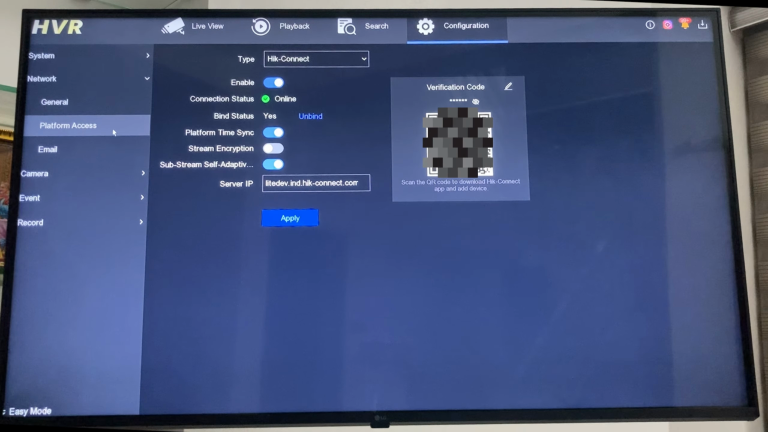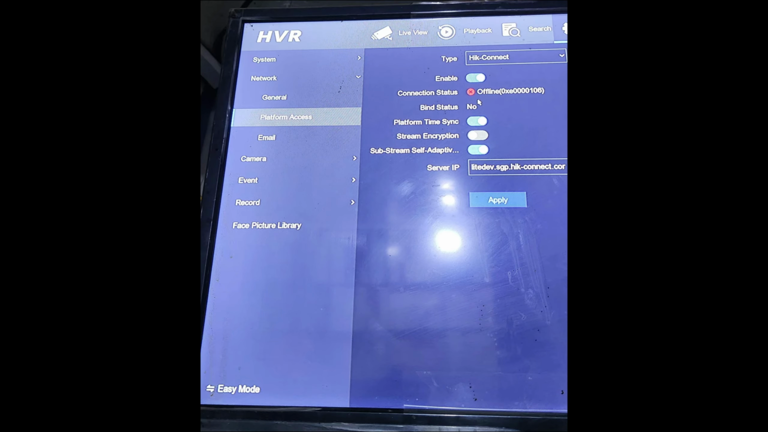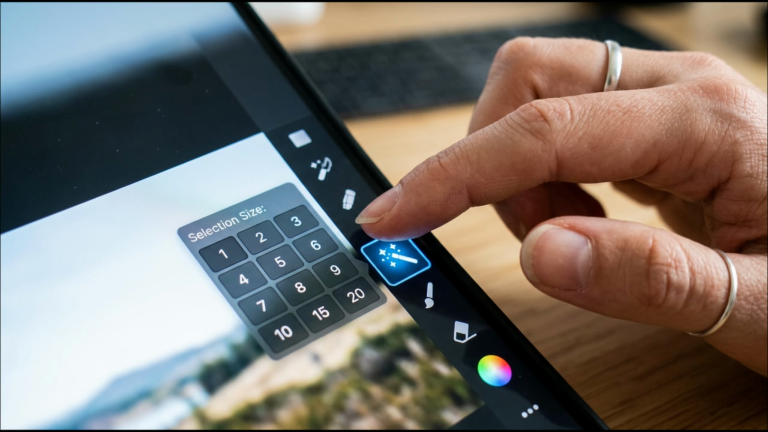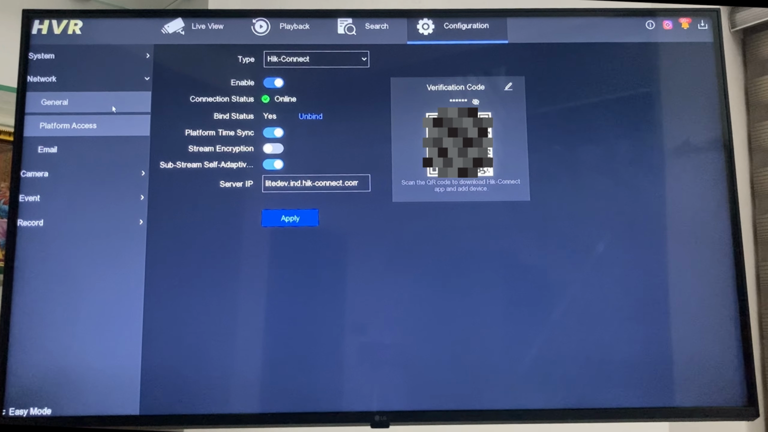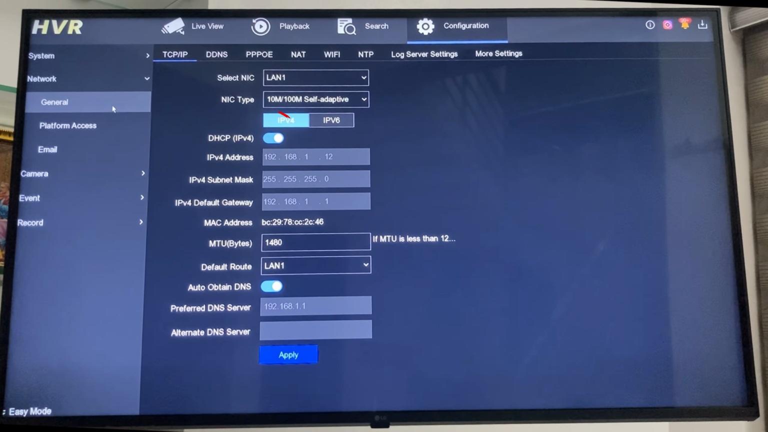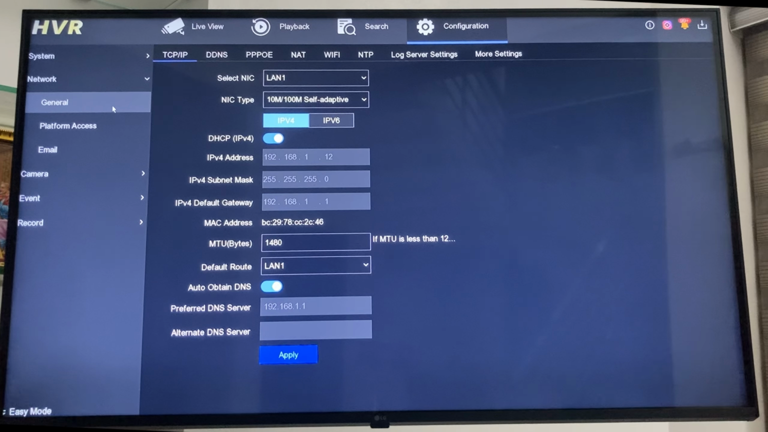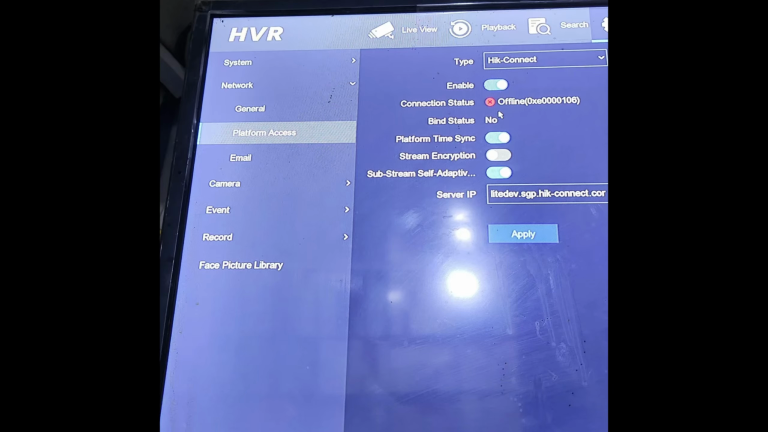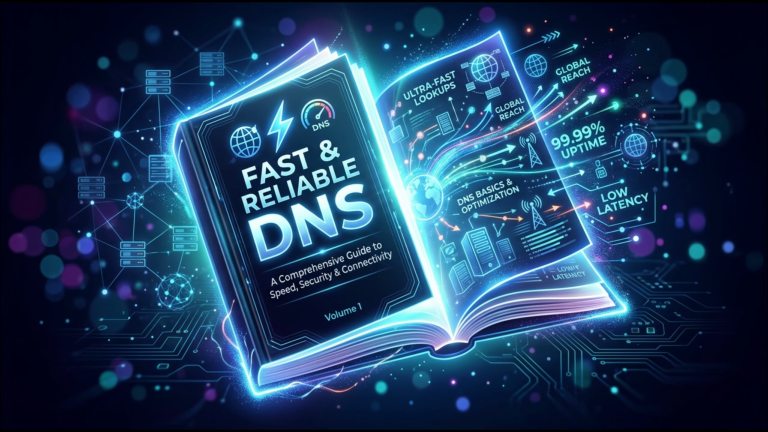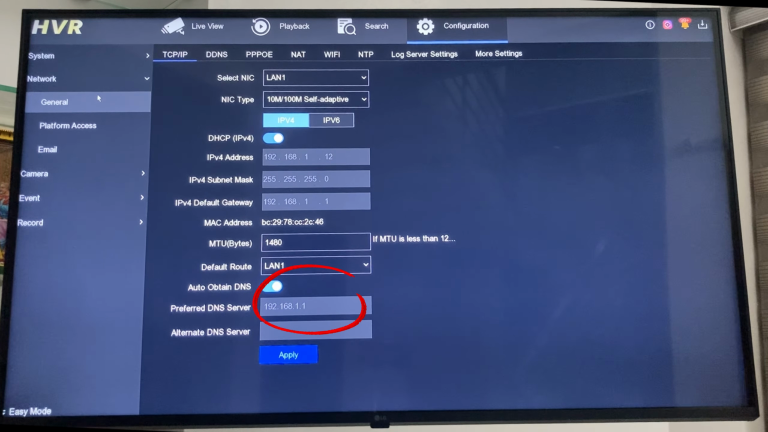Give it 10 minutes, but if it is still being stubborn and says offline, we have one more trick that almost always works. Go back to that General tab and uncheck those DHCP and Auto Obtain boxes. Your ISP's default DNS might be slightly out of date, causing the DVR to give up and show as offline. We are going to give the DVR a better phone book so it knows exactly where to find the Hik-Connect servers. Look for the box that says Preferred DNS Server and type in